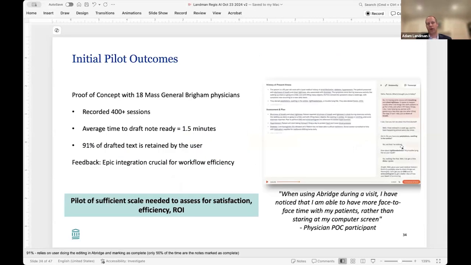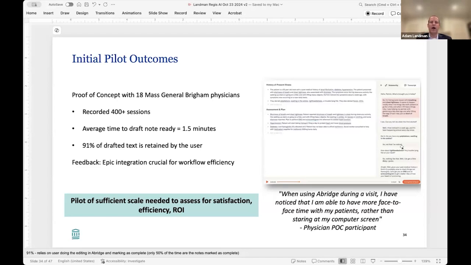And again, we were really excited about this. This is a massive pain point for our clinicians, so we were very excited. We started with a very small pilot of 18 willing, friendly clinicians who used it for a couple of weeks, and they found the system was very responsive. The turnaround time for notes was very fast, and 91% of the content was retained without any significant safety events